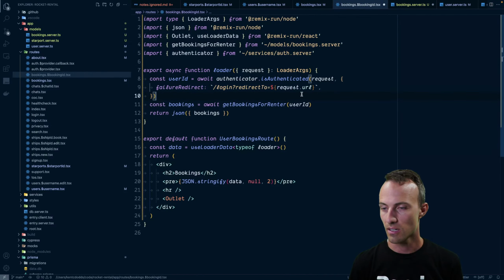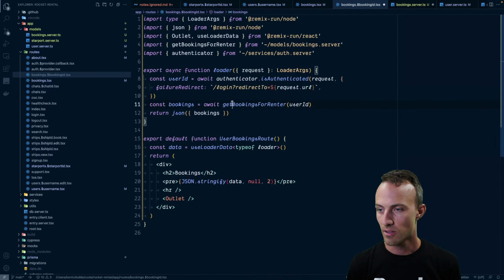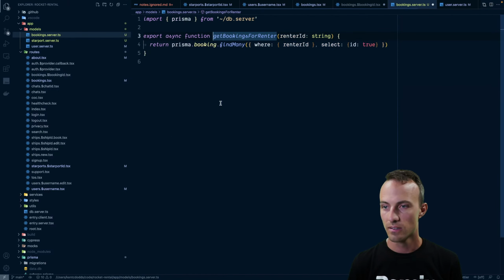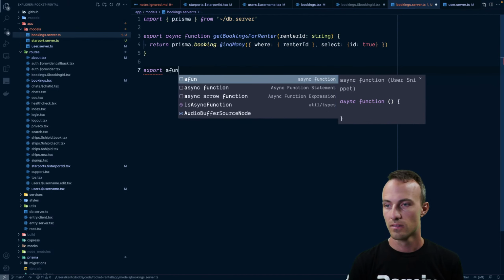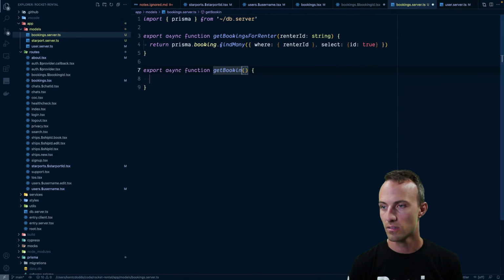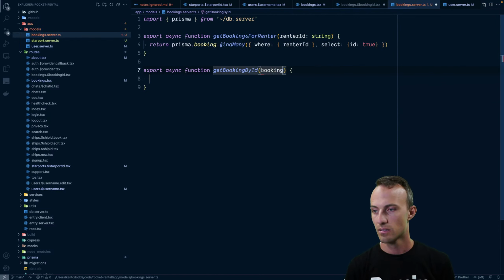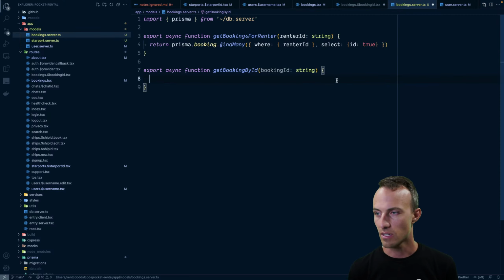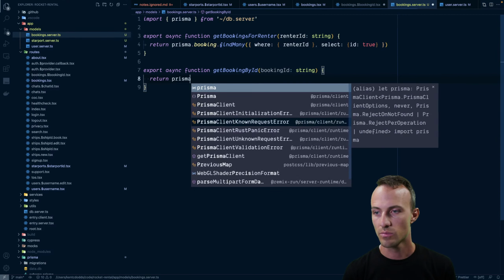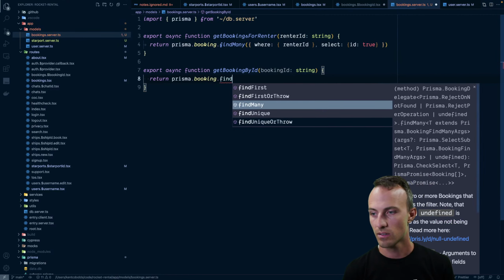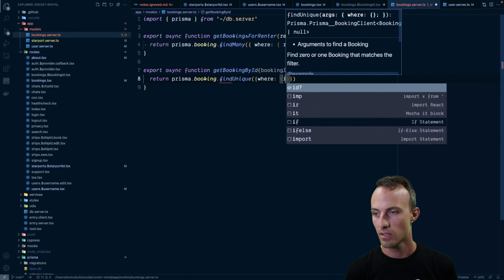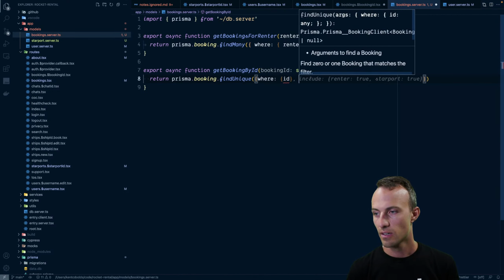Still going to authenticate, and then get booking by ID. I must not have saved that. Return Prisma booking find unique where ID is that, and then